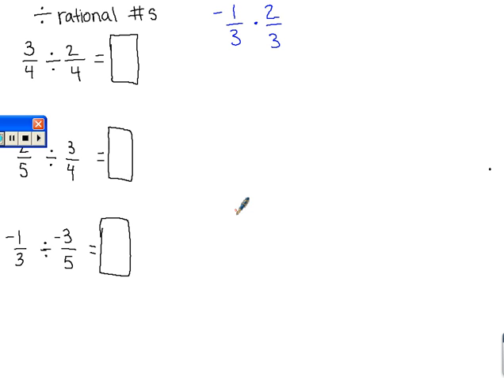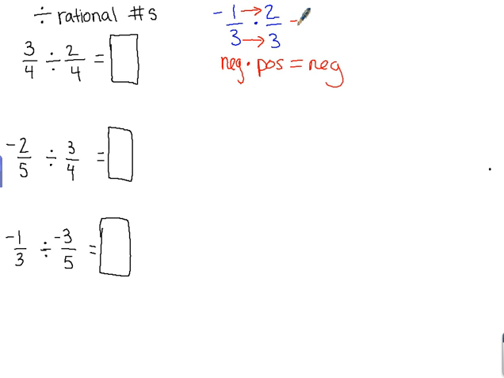Okay, we're looking at dividing rational numbers, and there's some relationships between the multiplying and dividing. So we're going to start with multiplying, which is a lesson that we already looked at, and we already looked for patterns. We found the pattern when we multiply fractions that all you have to do is multiply numerator by numerator and denominator times denominator, and use the same rules you did with whole numbers, saying a negative times a positive was a negative. So we know our answer is going to be negative, and then we just multiply negative